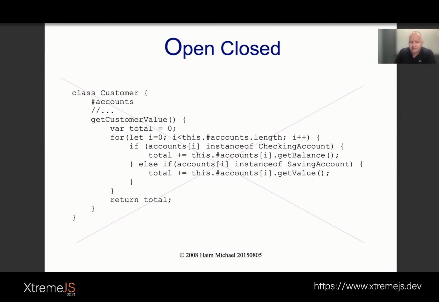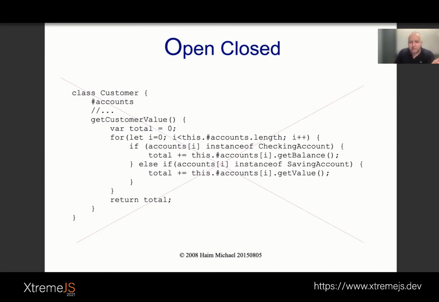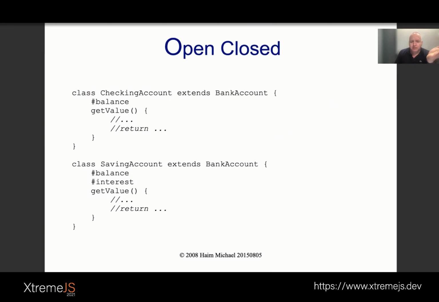And if we suddenly have a third class, so not only checking account and saving account, we also have foreign currency account, then we need to change the code of this function, get customer value. This is not a proper way for coding. It would be better if we define kind of,